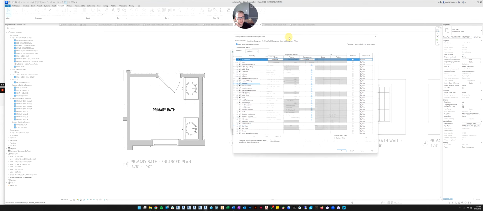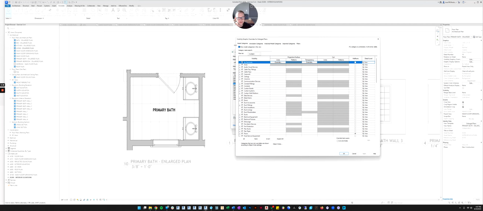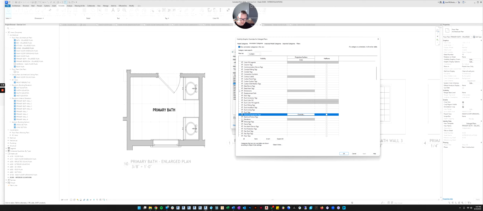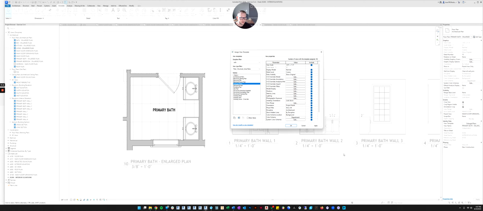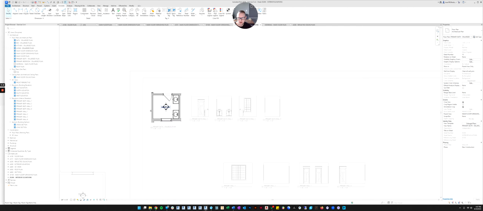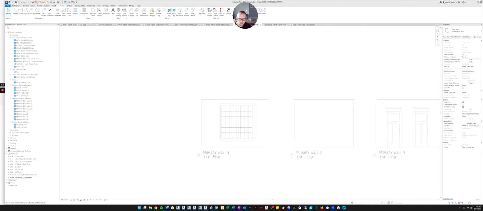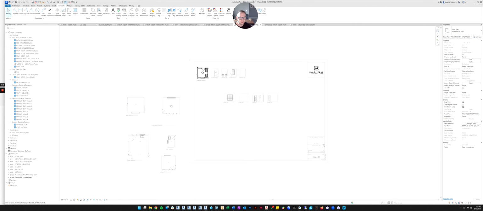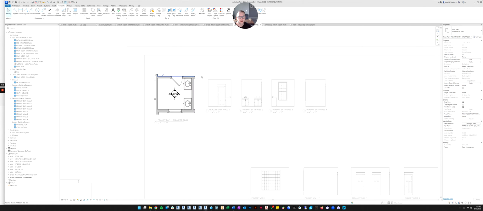So now we're looking at the template settings, and this is the same dialog box you would normally change, but now it's changing it for the template. So if I hit annotation categories and I go down to the elevations, I can turn the elevations on and click OK and click OK. And now do you see how it turns it back on? And now if you look in the primary bedroom, you can see it's turned on for the primary bedroom. It turned on that setting for all of the views that have that view template applied to it.